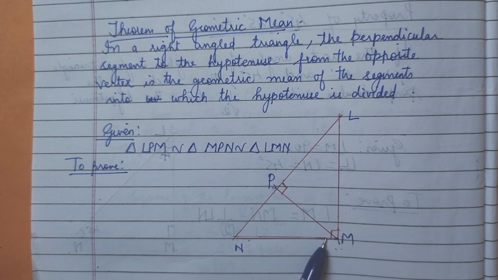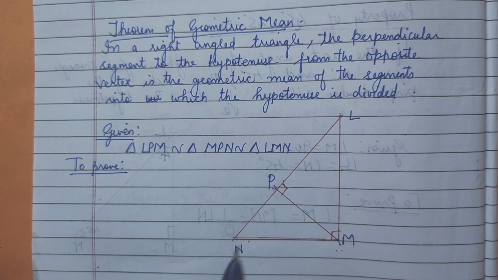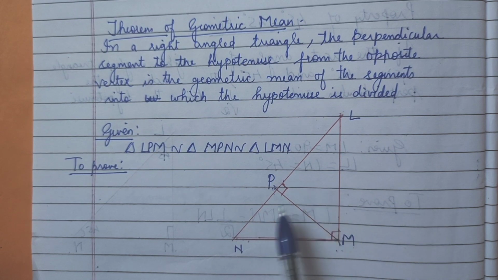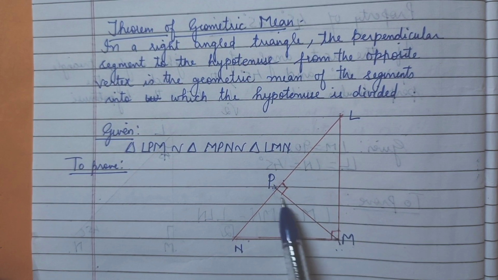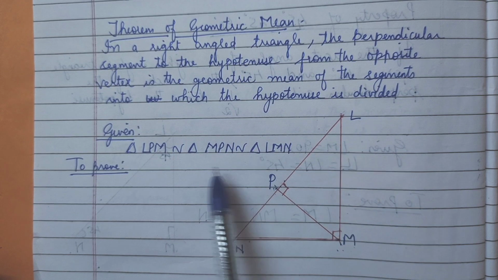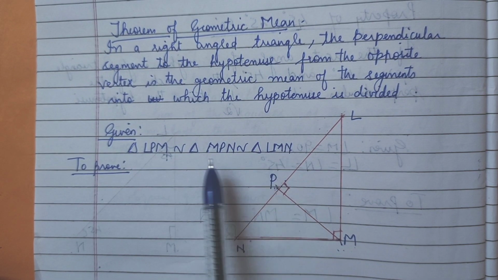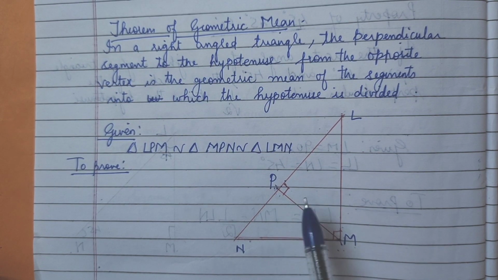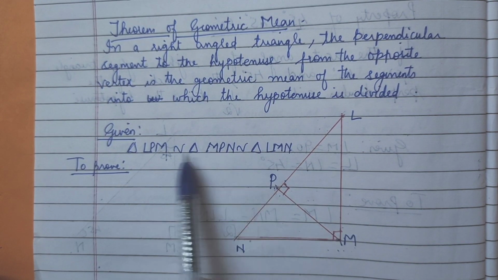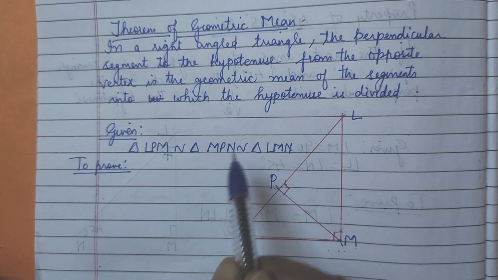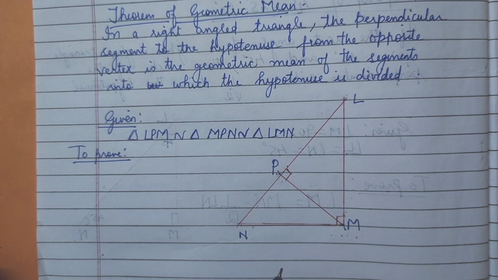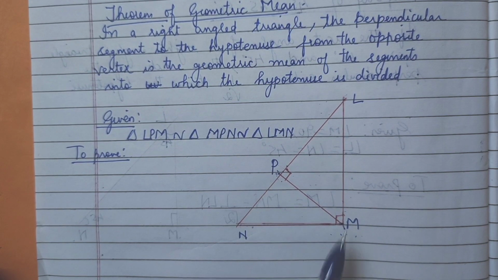This is said to be a geometric mean here. By looking at this triangle itself, we just now learned one property, the similarity in a right angled triangle theorem, right? What does this say? This triangle is similar to this triangle and similar to the whole triangle. Why? Because you can see the 90 degrees here also, here also. So these three triangles, these two smaller ones and this bigger triangle, are similar to each other. Can you see the similarity? Yes. So that means we can apply the geometric mean property in the geometric mean theorem also.